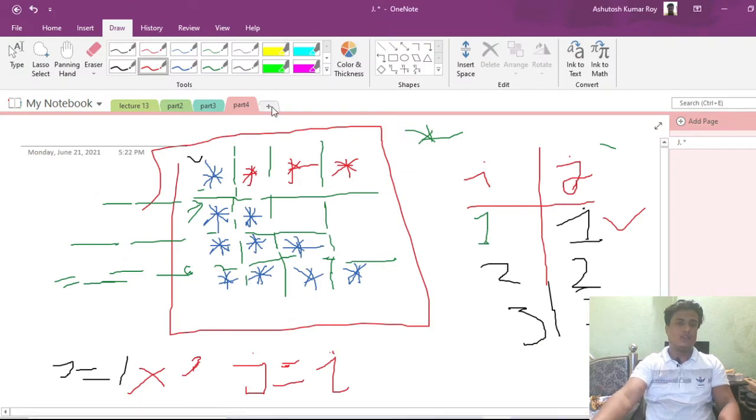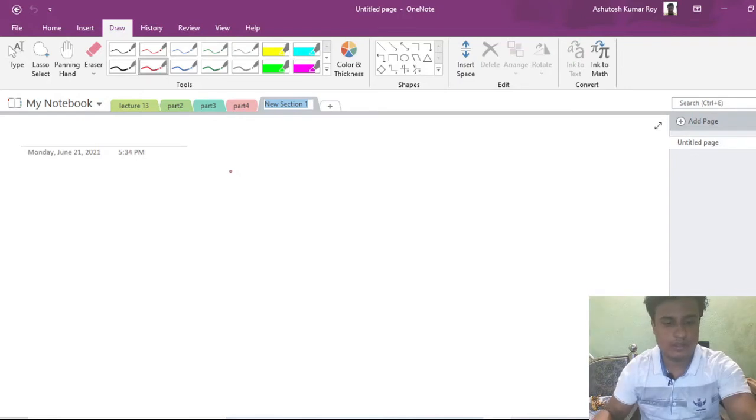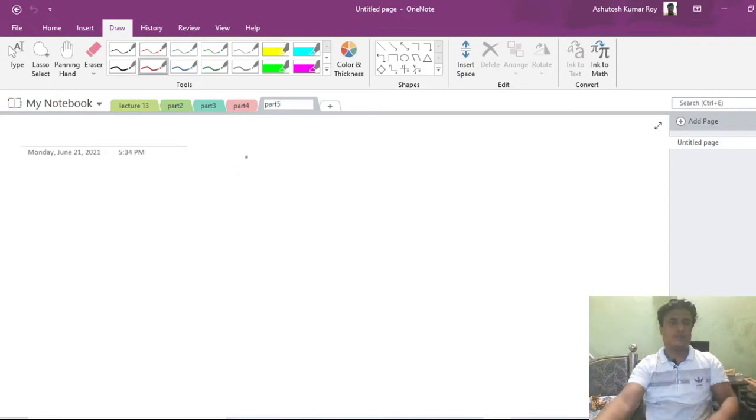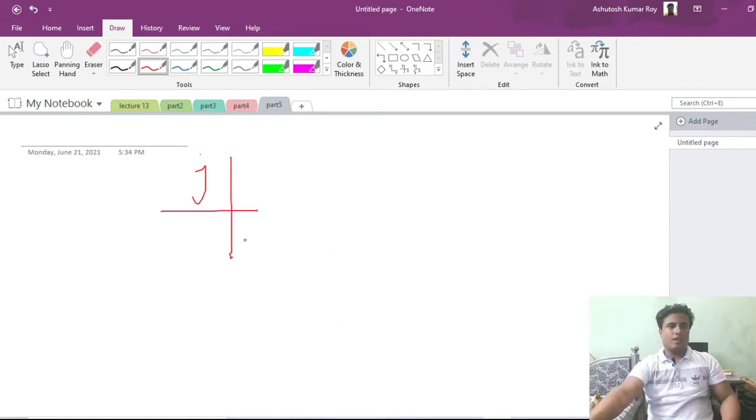Let me show you in another note. So suppose we are making j equal to 1, and we are taking the I value here.